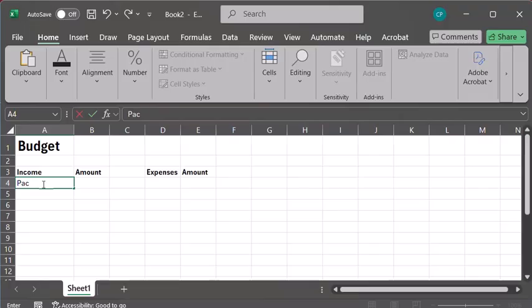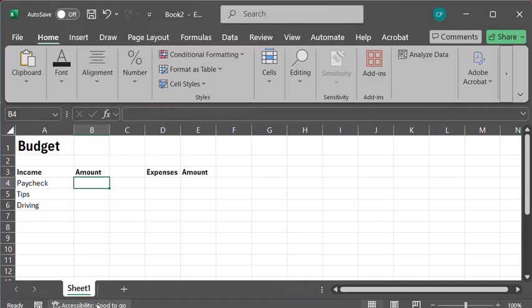So under income, I'm just going to put in some different hypothetical sources of income. So I'll have paycheck and tips. Maybe I have some side income from driving. I'll just call it driving. And I'm just going to make up some amounts here.